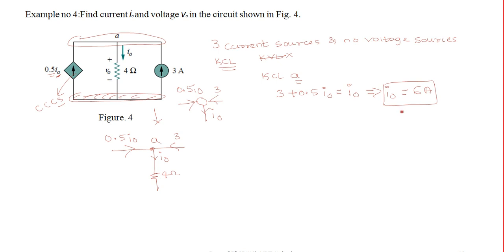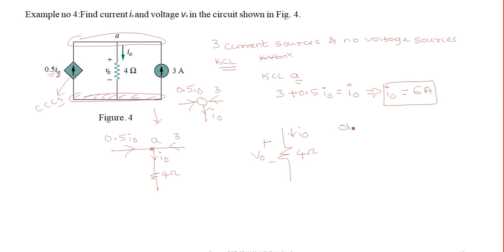Okay. So what is the other requirement? We need to find V naught as well. So where do we have this V naught? We have V naught here. If you consider the V naught here, it is associated with the 4 ohm resistor. So if I redraw this 4 ohm resistor here, just for our reference, something like V naught is mentioned and I naught direction is mentioned.